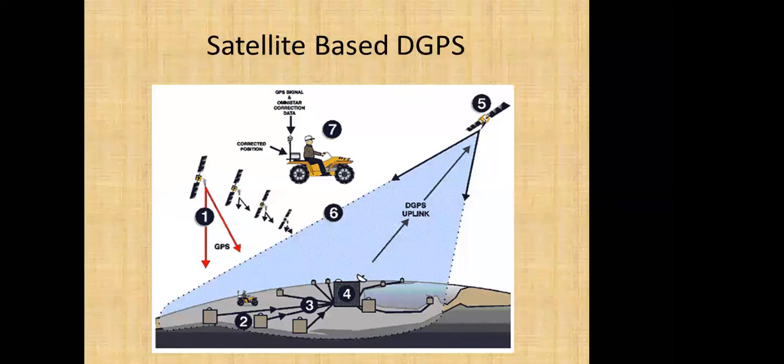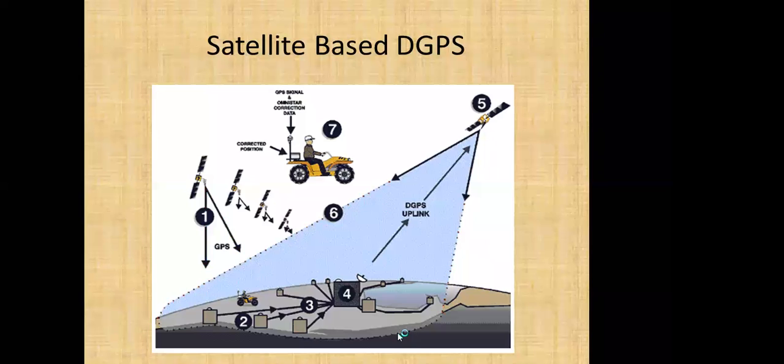Now this is showing the concept of a satellite-based navigation system. We can have different types of augmented systems, like a local augmented system, which serves a local territory. But if we want a wide area augmented system, then we have to go for the satellite-based navigation system. These systems have their own monitoring stations and control segments. The monitoring stations, whose locations are well known, receive signals from the GPS satellites.